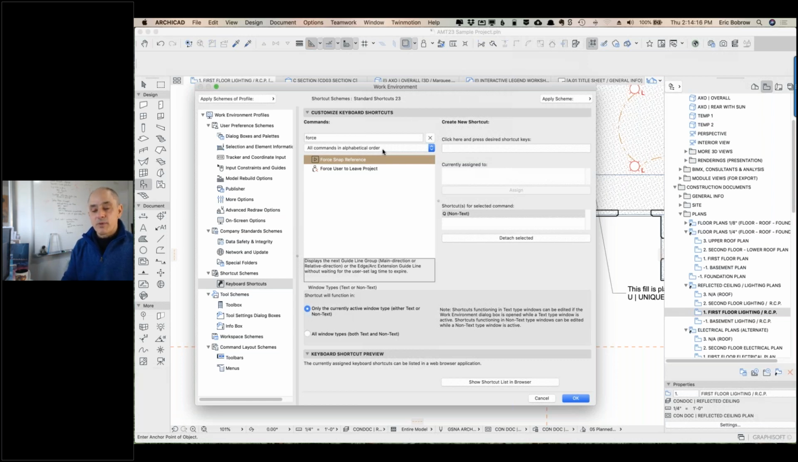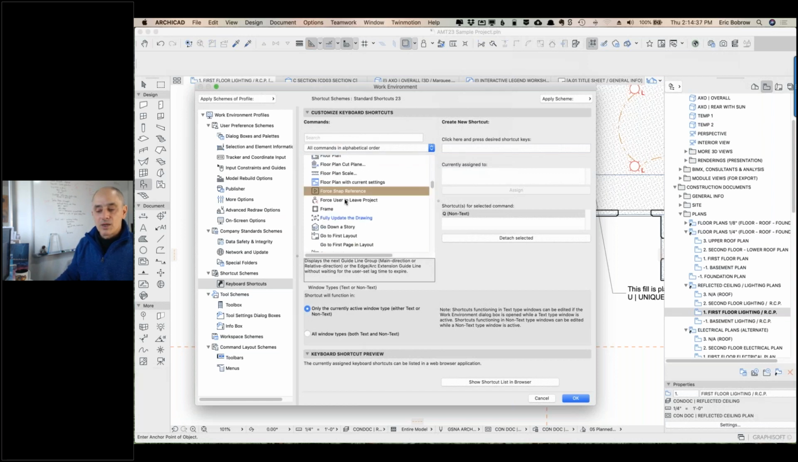Particularly keystroke commands. Why would you want to go up to the menu to pick this when you really just want to have something happen on screen? So it's not in the menu, but you can say, I want to search or find something in the all commands list. So if I turn this off here, we can see now these are force user to leave project, go away. All right. Anyway, so you can see here,